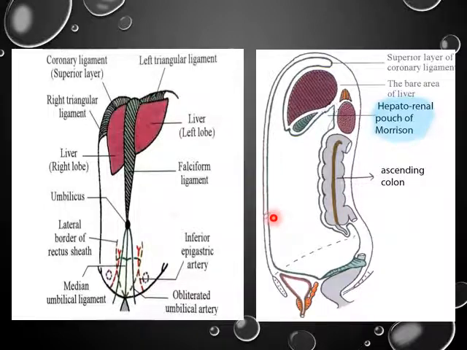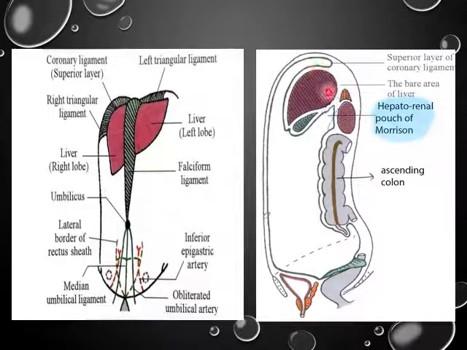So we have started at this level, going up, covering the whole of the anterior superior surface, and then once again moving up. Here you can see the peritoneum is double layered, connecting the liver onto the diaphragm which is present over here. Here is a formation of a ligament, and that ligament is the superior layer of the coronary ligament. And then once again it is covering the whole of the liver, covering even the gallbladder, and once again it goes on to the posterior surface of the liver. Here once again it is becoming double layered. This ligament being formed here is called the inferior layer of the coronary ligament.